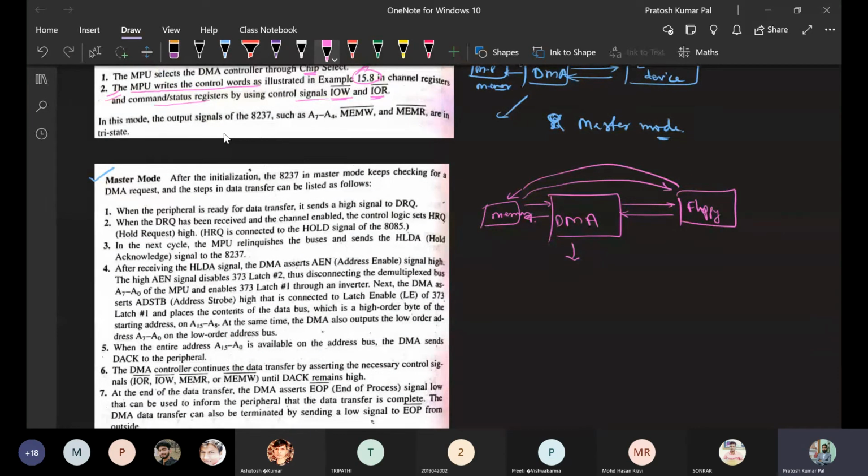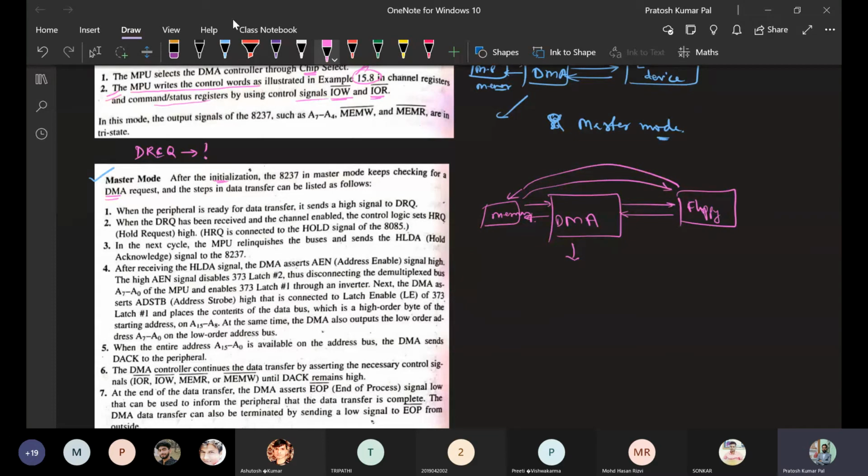Once the initialization has completed, the DMA controller enters the master mode. Then it keeps checking whether there is any DMA request, DREQ, available.